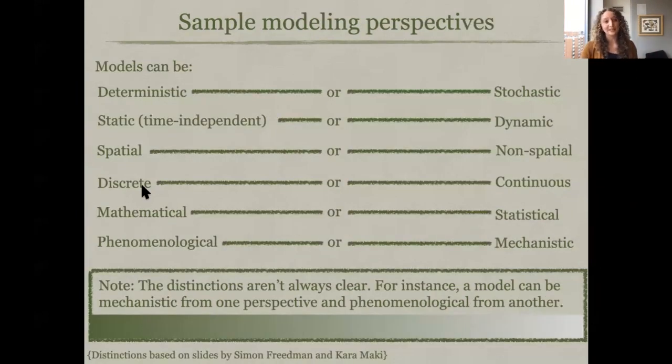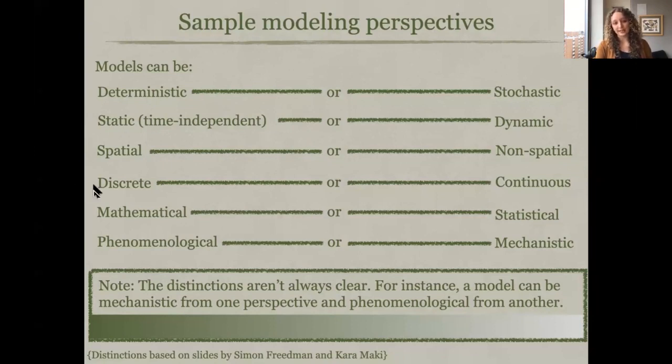Then there's a whole range of different qualities that a model can have. We can think of models as being deterministic or stochastic. A model can be time independent or time dependent. So when I talk about election dynamics, I'm going to show you one static election model and one dynamic election model. You can have a model that is spatial or non-spatial. For example, in that crosswalk example that we talked about earlier with the pedestrians moving around, we could either be interested in just how many people are in the crosswalk, or maybe we actually want to know where they're located in the crosswalk.